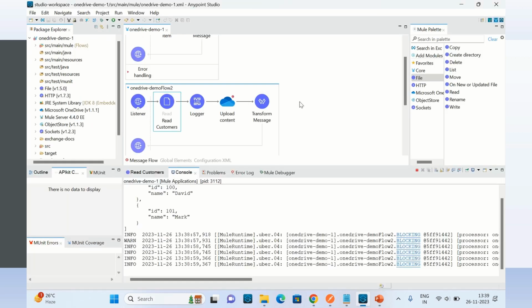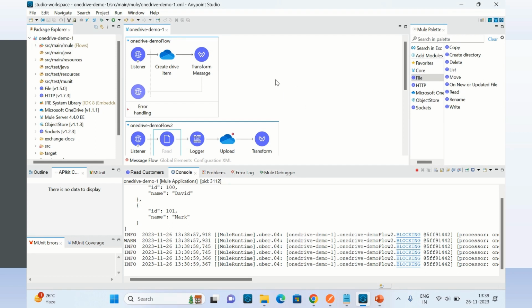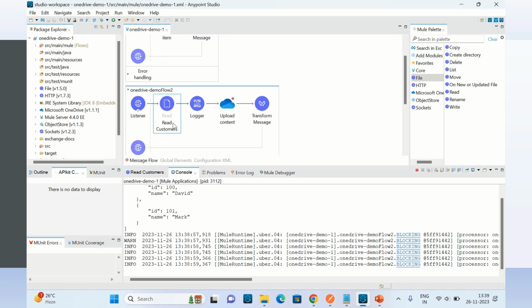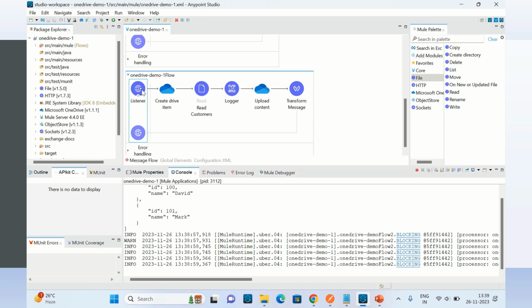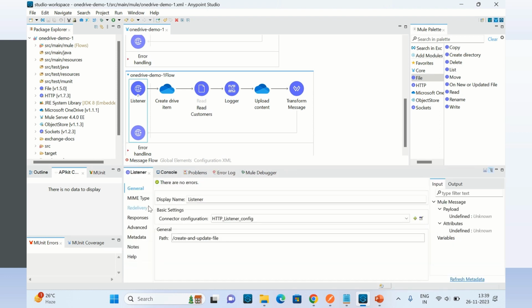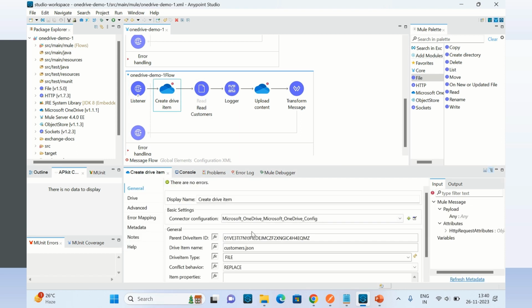So this is how we can create a file, then upload the content in two steps, but we can merge these two steps into one. So here I have created a new flow, right here, create and upload. Here I'm first creating the file customer.json,